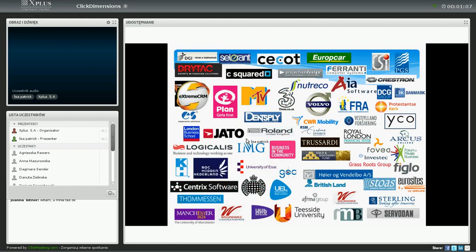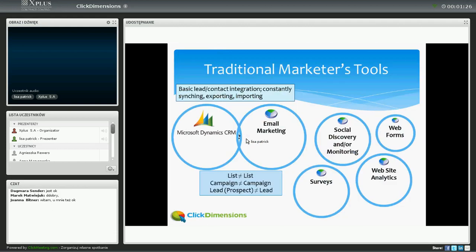This here is just a list of some of our European clients. I show this so you can see that we cross many verticals and industries and sizes of companies. We are very easy to use, but have features that scale up to large international clients. I'm going to spend just a few minutes on these two screens, and then we'll go into the demo shortly